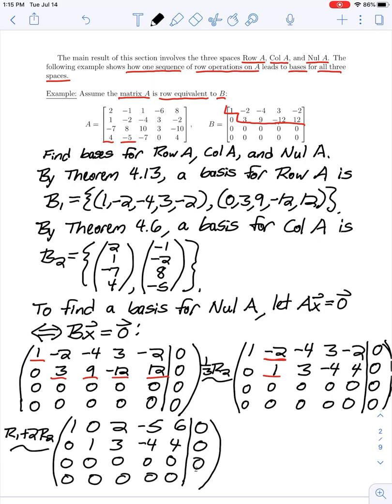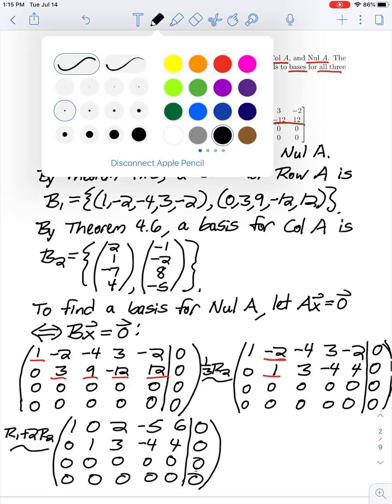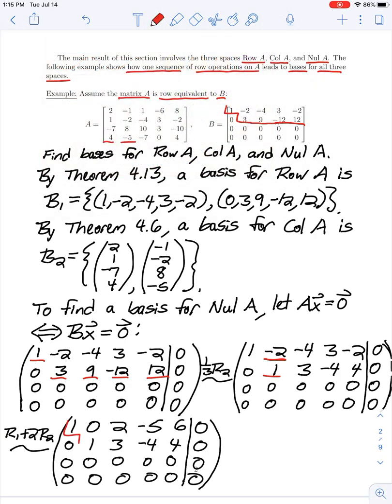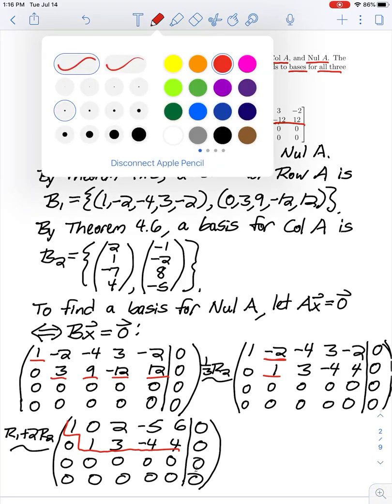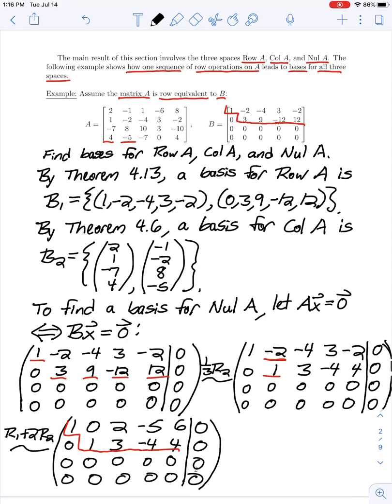So now my matrix is in reduced row echelon form. We see that we only have 2 pivot columns, so the variables corresponding to columns 3, 4, and 5 are all free variables. So our solution set here could be written in the form x equals